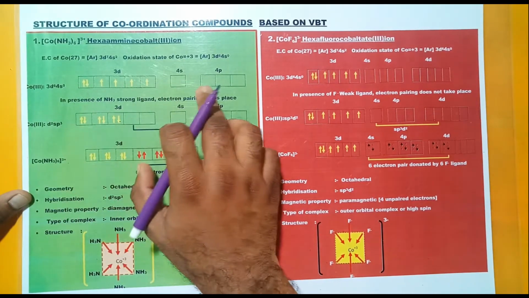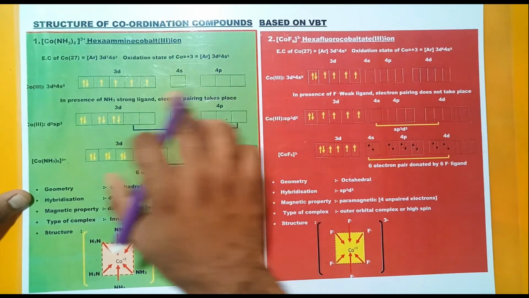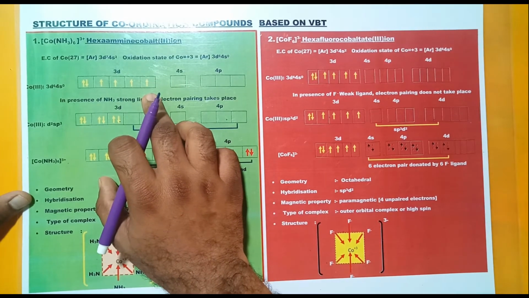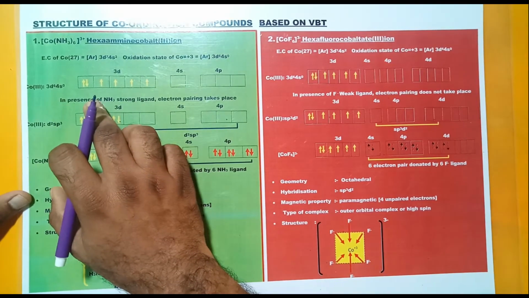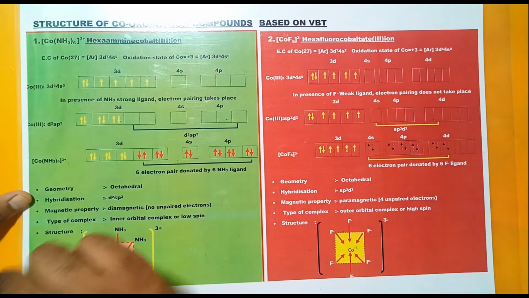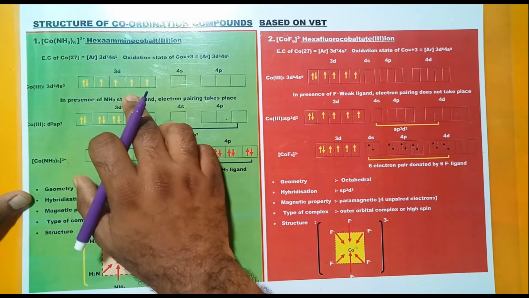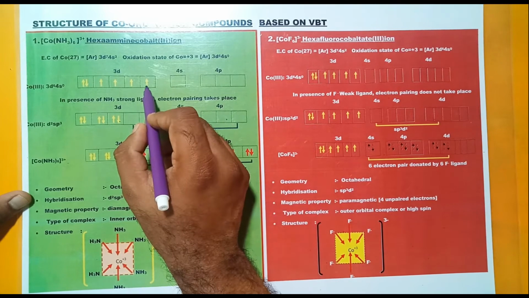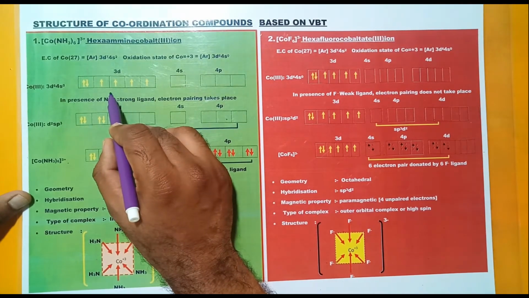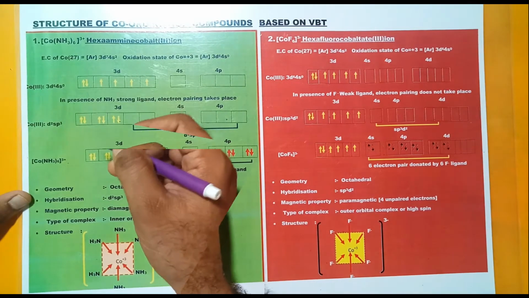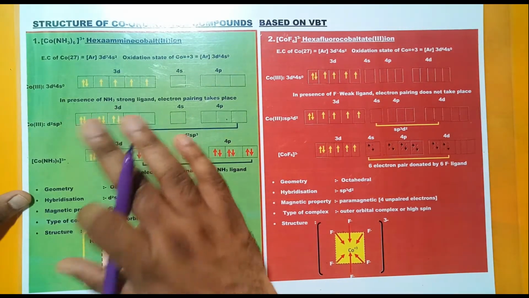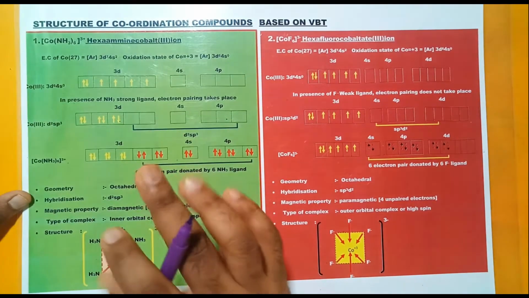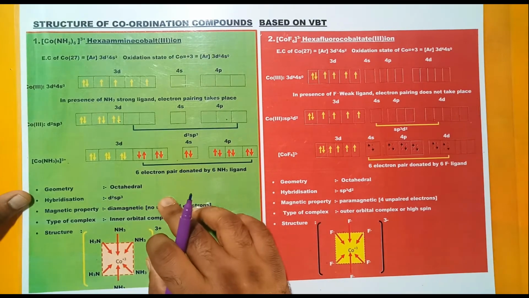3d6 4s0. These are the orbitals 3d, 4s, 4p. There are 6 electrons in the 3d orbital and 4 unpaired electrons here. So look here friends, in the presence of ammonia, which is a strong ligand, it pairs the electrons present in the 3d orbital. Electron pairing takes place, so this electron shifts here and this electron shifts here. So how many ligands approach the central metal atom? There are 6 ligands. So according to VBT, this central metal atom should provide 6 vacant orbitals for the incoming ligands. Is it clear?